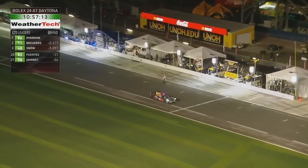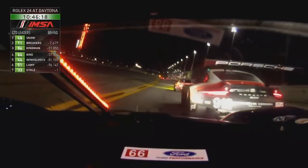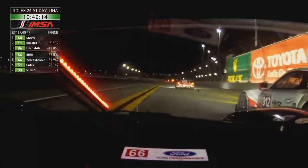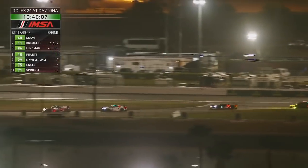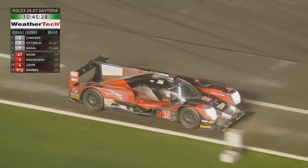for the 22. That looked very much to me like he's juggling his phone, he's texting, he's on the scanner, and the boy's doing well. He's battling for the lead of this class, just 5 seconds behind at the moment. Yeah. This car seems to be running perfectly at the moment. Yeah, at the moment we have a base diesel engine car that has led this race on economy and pace, and